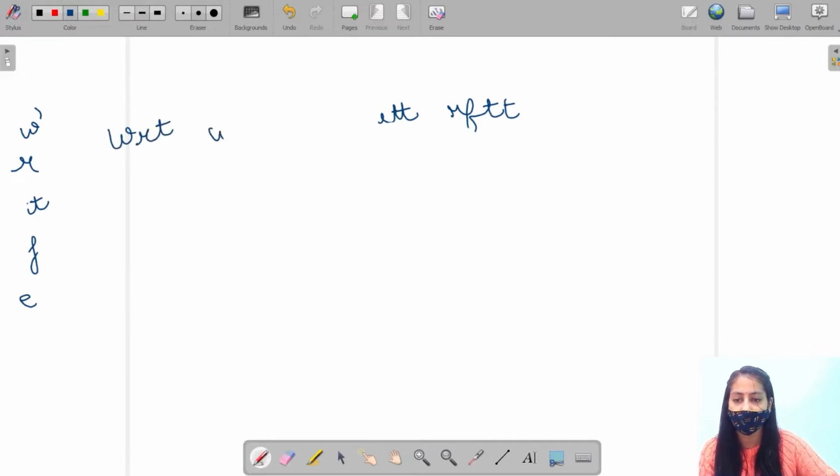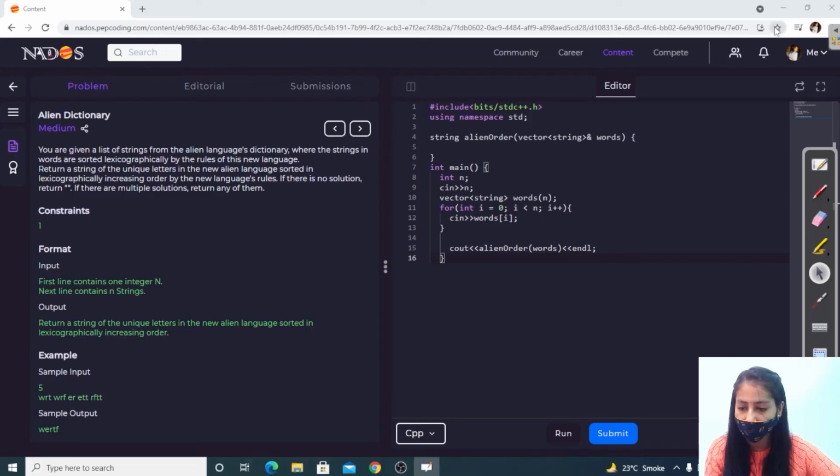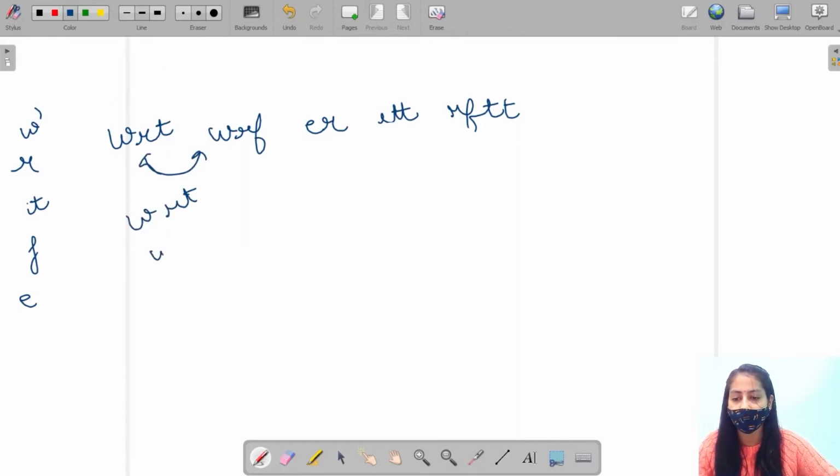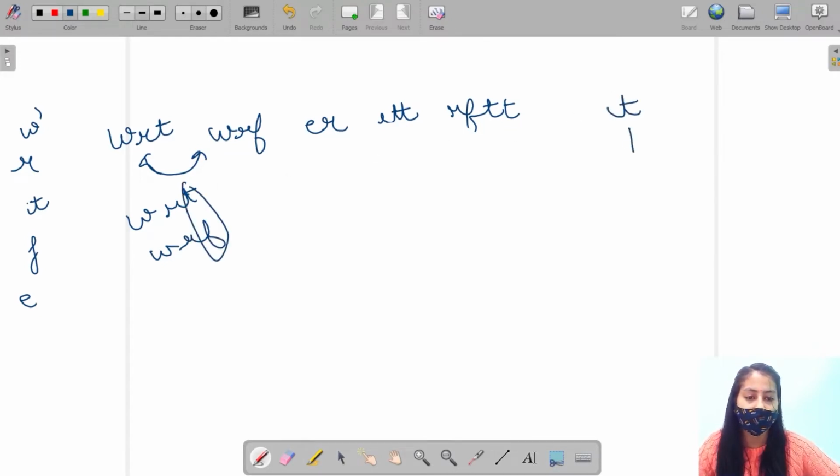WRT, WRF, ER, right? So when I compare these two words, the first mismatch characters are T and F. This will tell me that T comes before F in the lexicographical order.